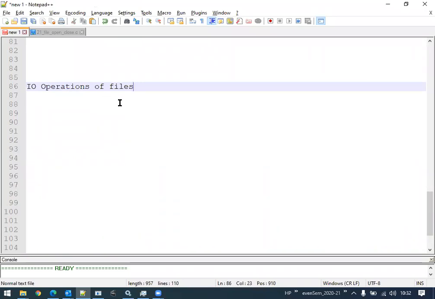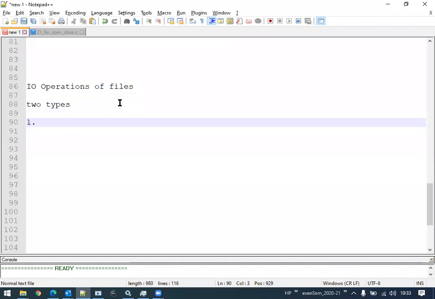Let me try to write something here, not in an exactly diagrammatic way. We can have two types of operations basically. The input and output operations are broadly categorized into two different types.